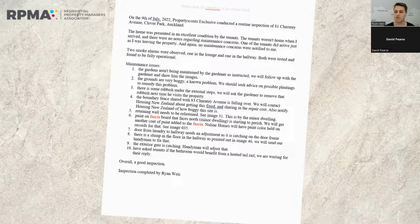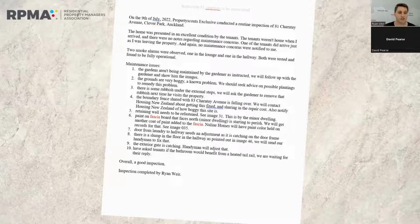So that comes to a total of 21 minutes instead of an hour and a half, 90 minutes. So a total time saving there of 69 minutes with those 6 inspections. Now, I used to have a portfolio of about 100 properties. I generally have about 400 routine inspections per year. And working the arithmetic back, by using the transcription service, I was able to save 80 hours per year, which